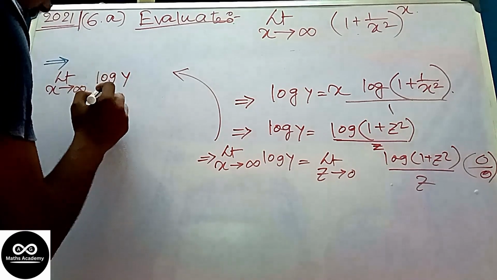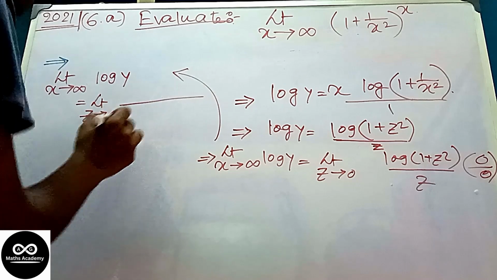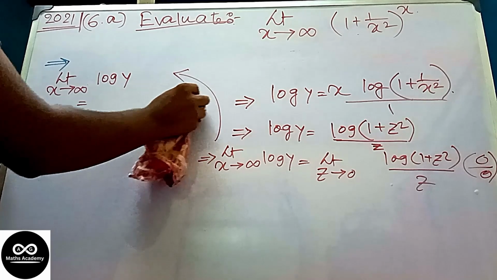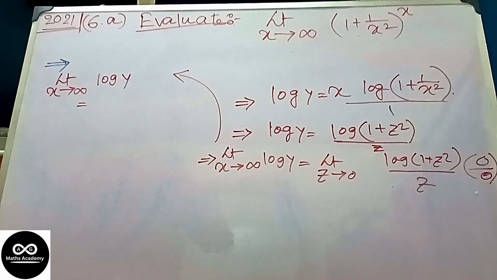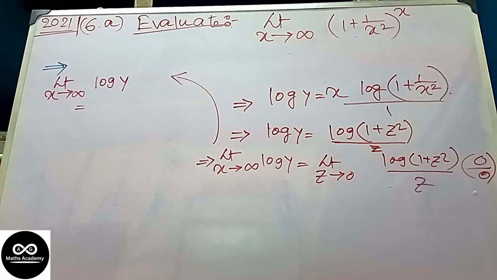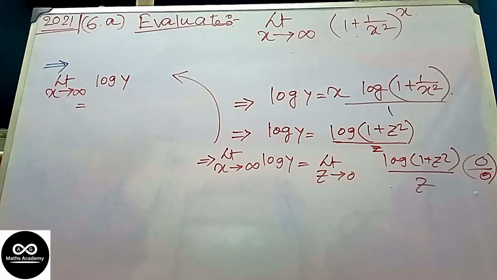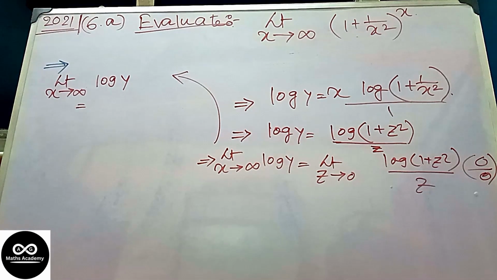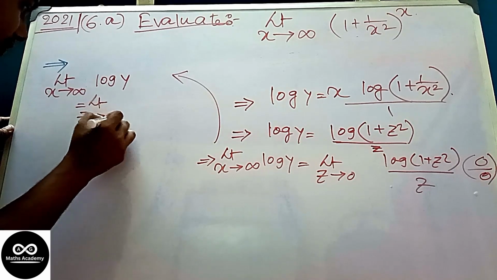So limit z tends to 0, now we're going to differentiate both the numerator and the denominator. And what do we get? Limit z tends to 0,